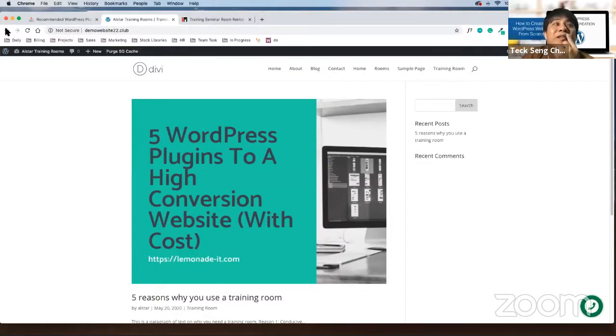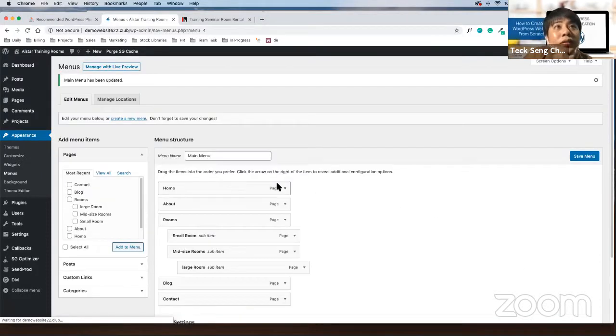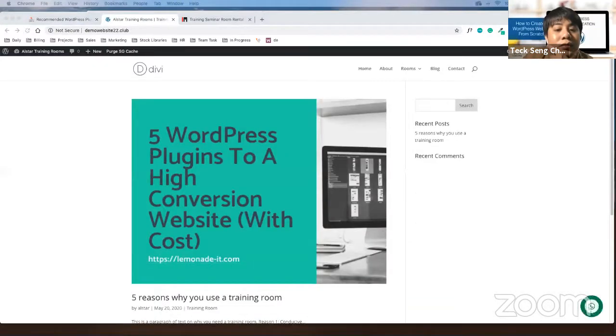Give me a while. If I put my large room under my mid-size room, this is what I see. Rooms, mid-size, then large.